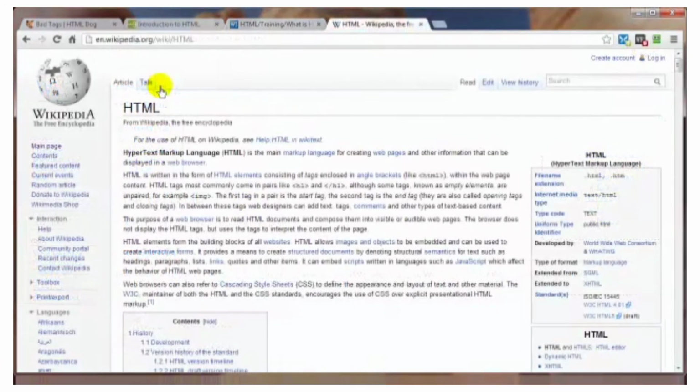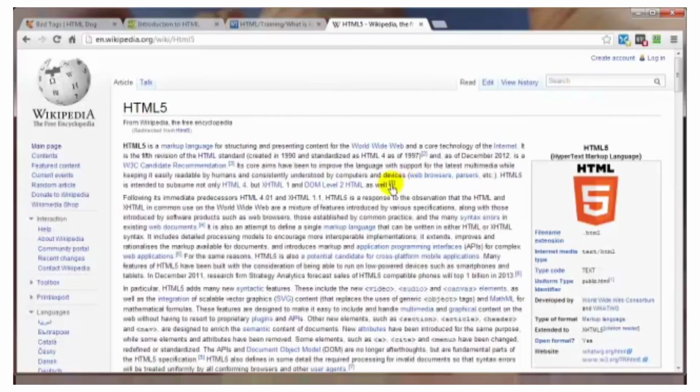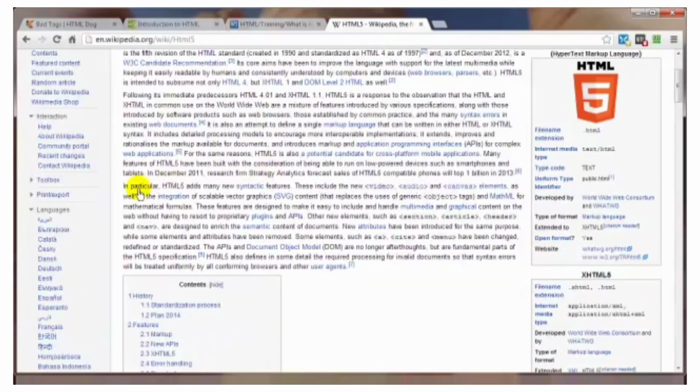Wikipedia. Now, on Wikipedia, there's a lot of additional information too. This is just the HTML page. We can do a search here for HTML5, and we've got a specific page just for HTML5. And if we scroll down here a little bit, you can see right here that you can get additional information on specific elements of HTML5, like the HTML5 for video, which I believe is right here, and also for audio and for Canvas. If we just go to video as a demonstration,